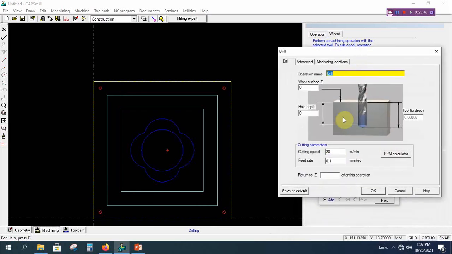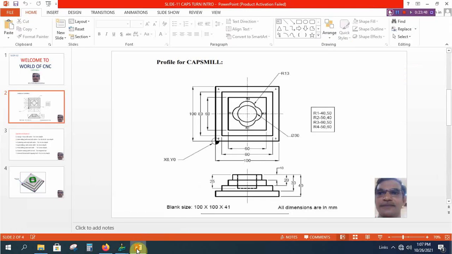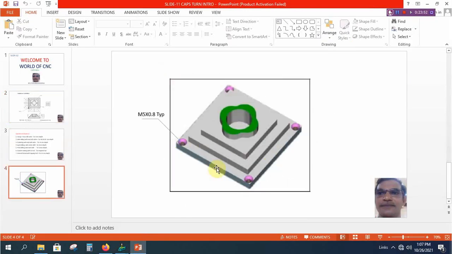Now enter the values. Now the work surface will be how much? Carefully we have to watch the profile. According to this, here only we are going to make the drilling operations. The depth will be minus 30. From the top we have to calculate, minus 30 level only we are doing all the drilling operations.